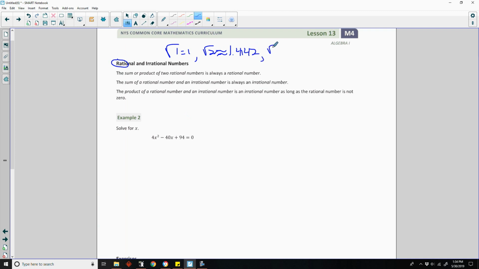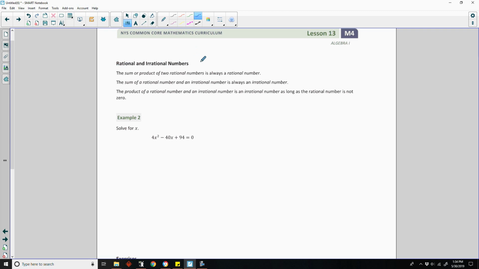Okay, the square root of 3, irrational. I'm not going to keep doing this. The square root of 4 is 2. The square root of 5, square root of 6, square root of 7, square root of 8, irrational. Square root of 9, rational, 3. Okay, so that's just talking about square roots of perfect squares being rational, and square roots of non-perfect squares are